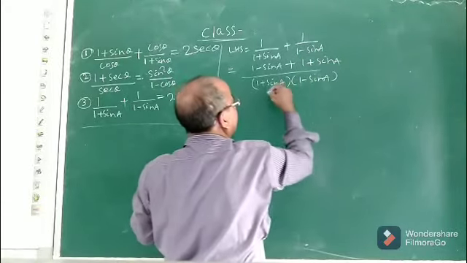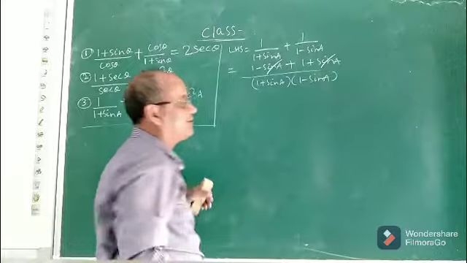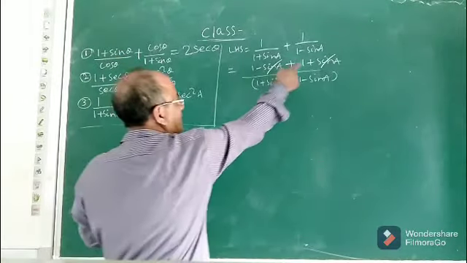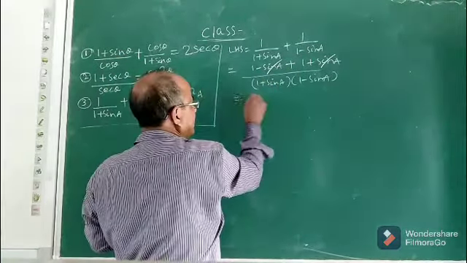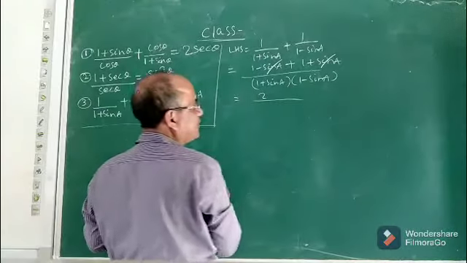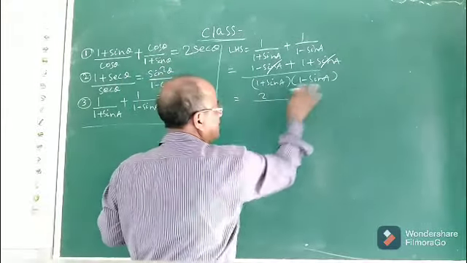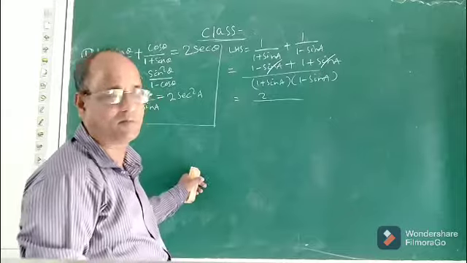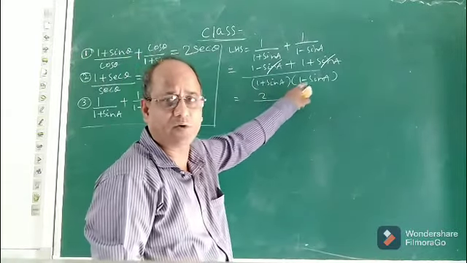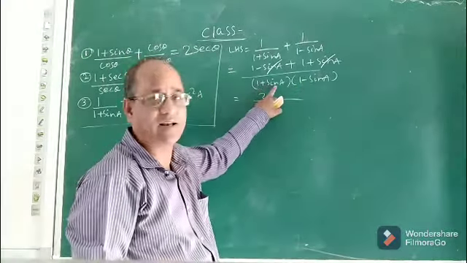Now see, children. Minus sin A plus sin A is cancelled. It is 0. So what is left in the numerator? 1 plus 1. It is 2. And what about the denominator? Now the denominator is of the form, which form? It is in the form A plus B into A minus B. Take 1 as A, sin A as B.